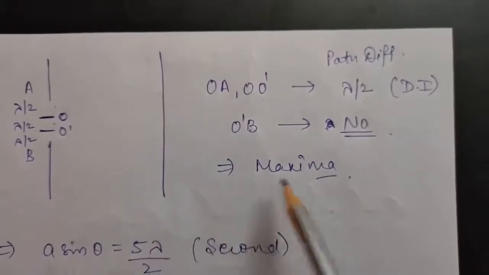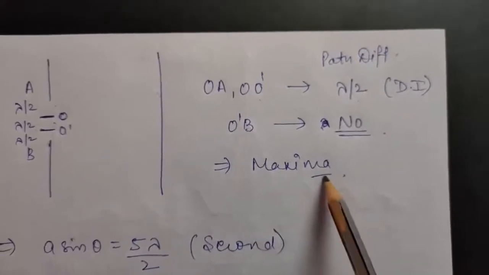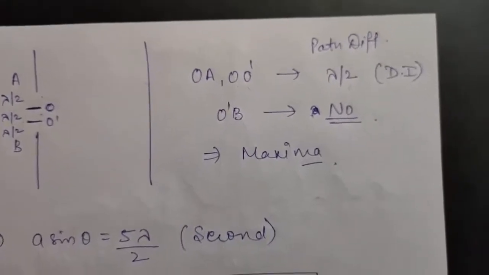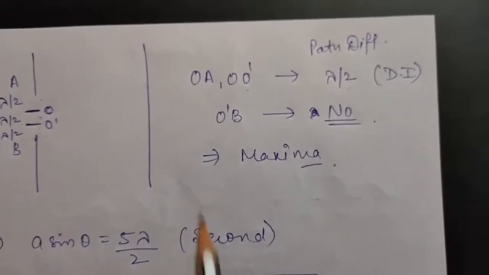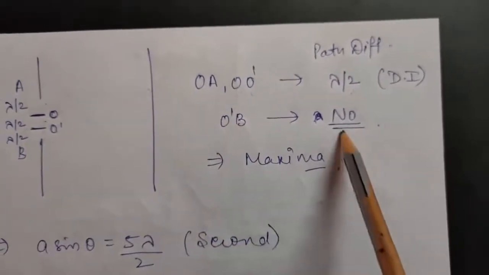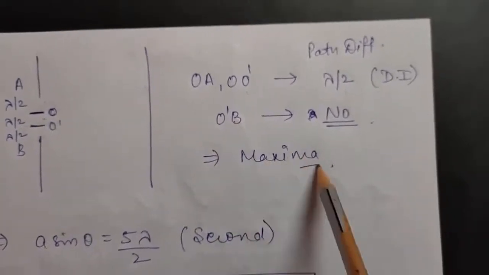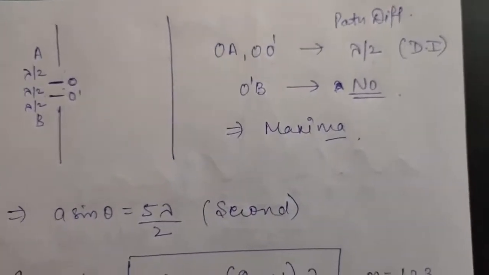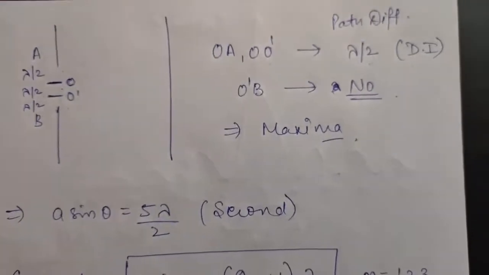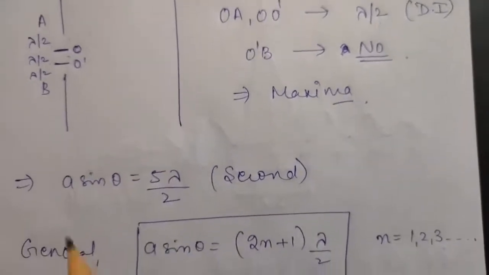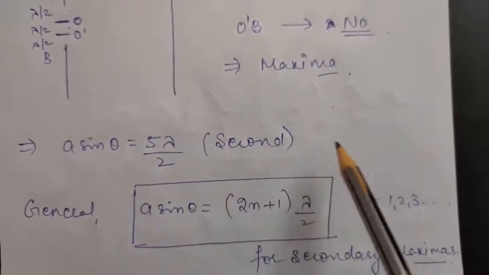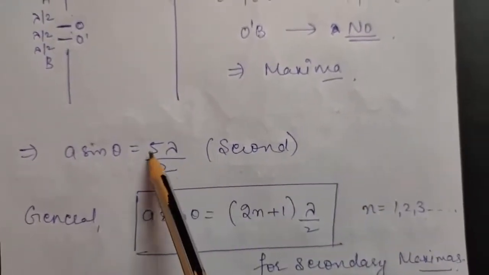That means now P will become the point of maxima, because due to these two portions a destructive interference was there, or you can say there was darkness, there was no light, but due to the third portion there will be some light, so therefore there will be a maxima. So if you consider the slit divided into 3 parts, and if you consider your path difference to be 3 lambda by 2, you will get your first secondary maxima. Similarly, if you consider a sin theta to be 5 lambda by 2, then you will get a second secondary maxima, but in this case the slit will be divided into 5 equal parts.